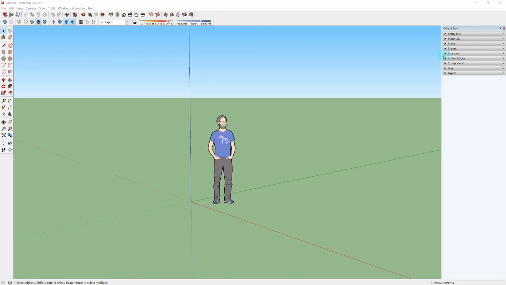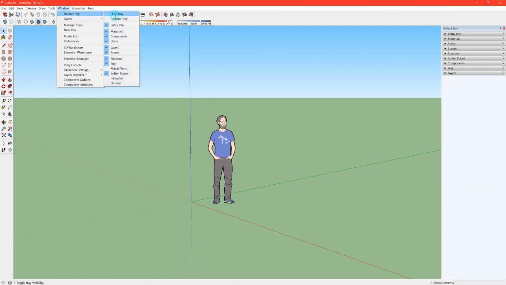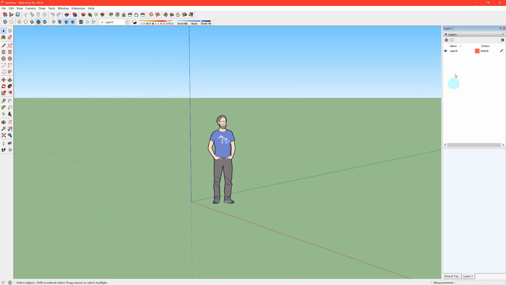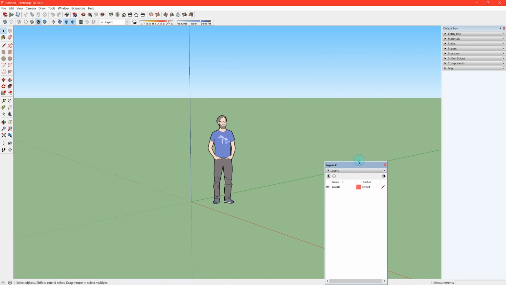Now we're going to look at the default tray on the right-hand side of the screen. You notice that there's a Layers tab, and what I like to do is make a new tray just for my layers. And you do this by going to Window, New Tray, and you can just name it Layers or whatever, and then only select Layers. And if you hit Add, it's going to create that new tray, and it's going to put it on top of the default tray. But if you click and drag, you can actually drag it off,